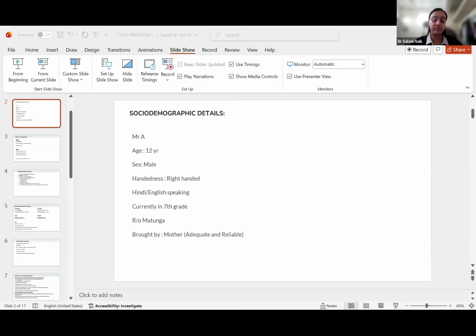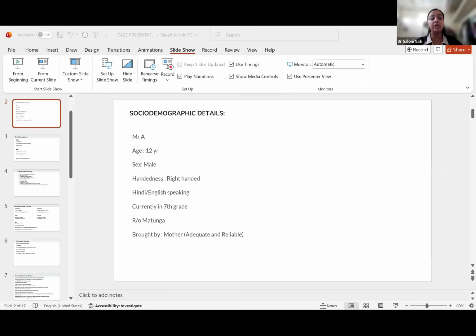On MSE, I had given him some writing sample, and also given him simple and complex maths calculations, which he was able to perform well in. And the spelling mistakes were also not there, while the punctuations were also proper in the writing sample. While reading also, there was a good comprehension of whatever he was reading, and there were not any pronunciation difficulties also. So based on that, I had ruled out any learning disability.